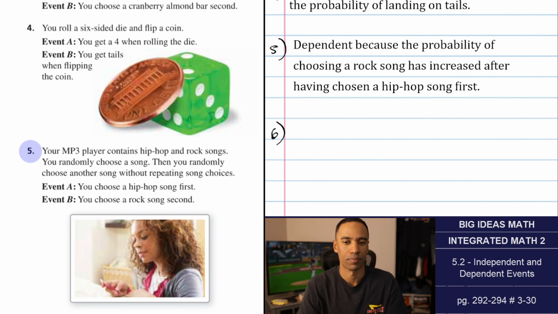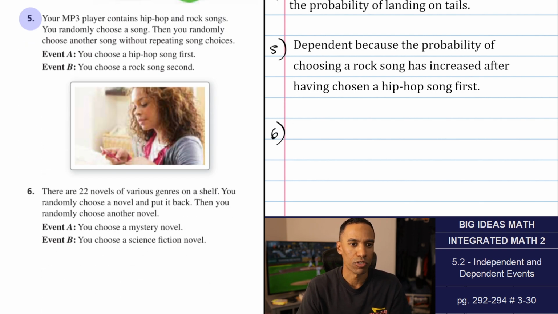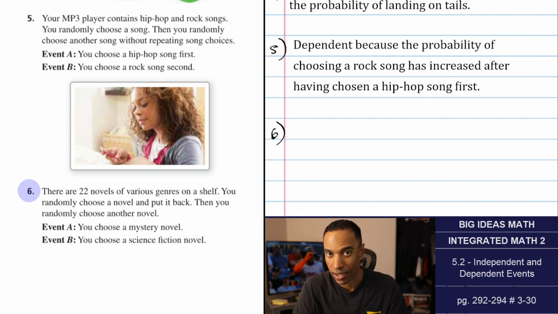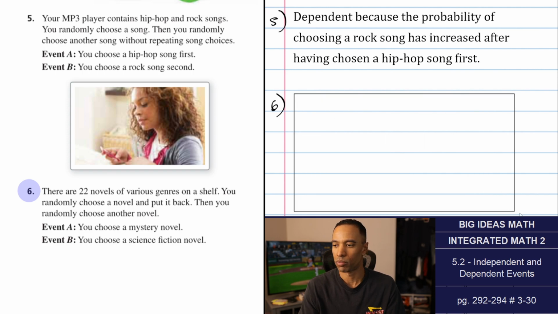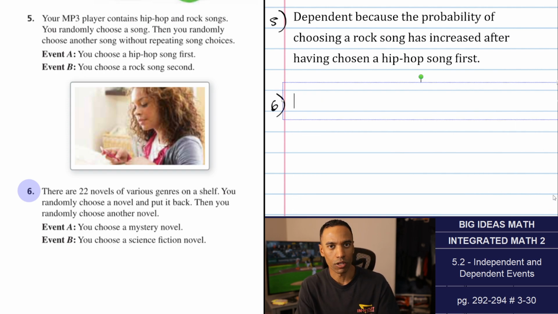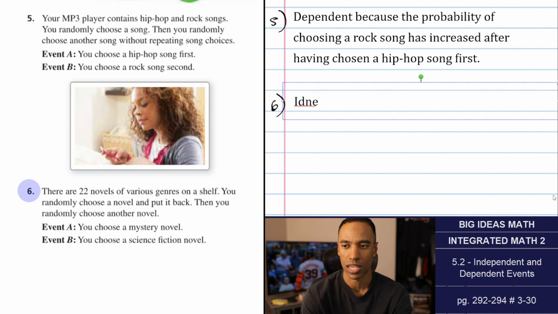Number 6. There are 22 novels of various genres on a shelf. You randomly choose a novel and put it back. Then you randomly choose another novel. The probability of choosing a mystery novel and then a science fiction novel. Because you put it back, you have now provided the likelihood being the same as it was before. So this is independent